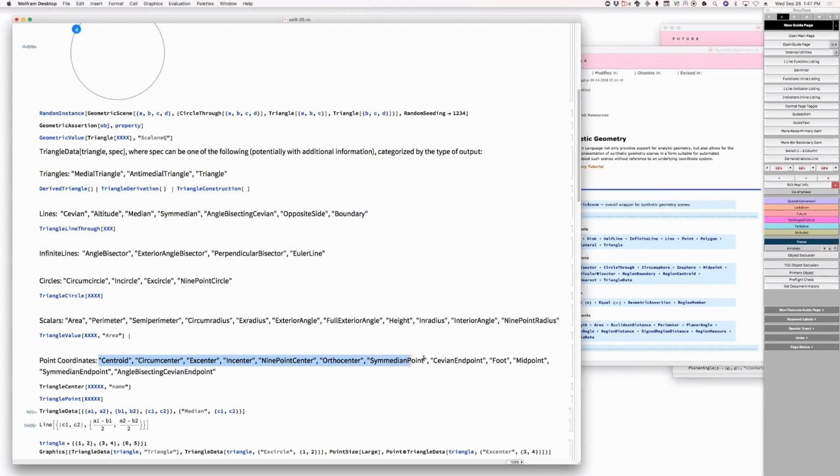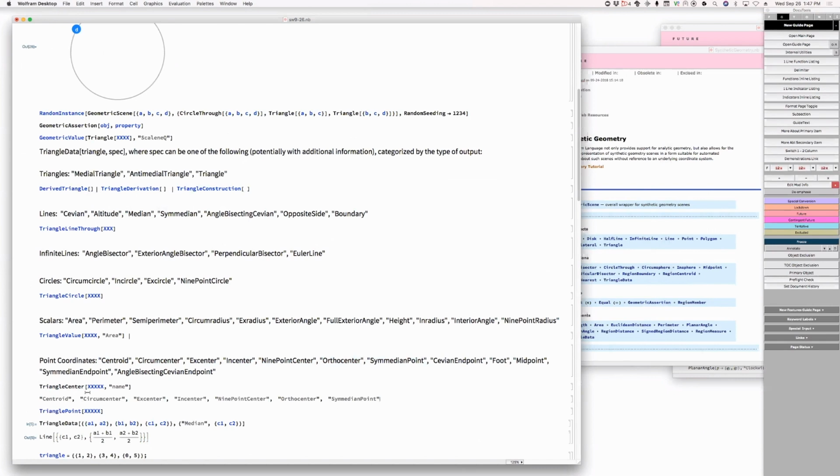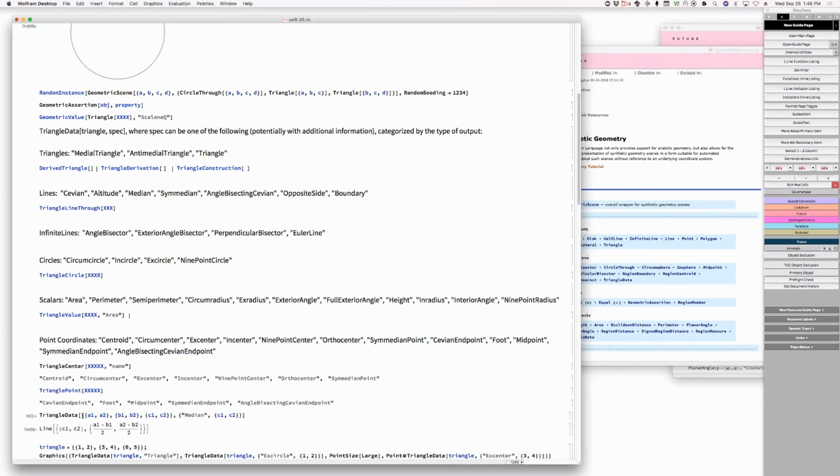What is the Symmedian point? The median, so that actually is a center. So all of those are validly thought of as centers of various kinds. Yes, except for the last three, right? Well, yeah, Sevian endpoint is not, foot is not, midpoint is not, median endpoint is not, an angle bisecting Sevian endpoint is not. Oh, I didn't realize there was a second line there, but yeah. Okay, so those are essentially triangle points of some kind, triangle special points. Yeah, so those last ones are endpoints of Sevians. Well, that's lovely, but